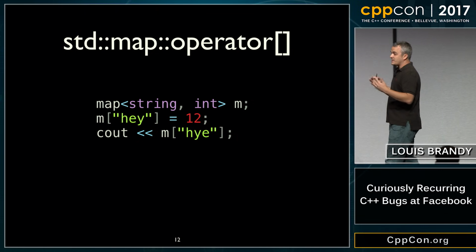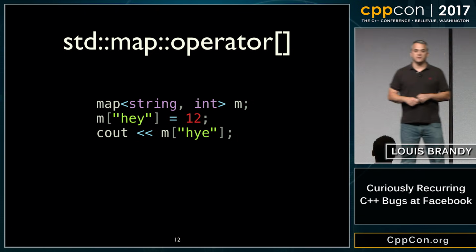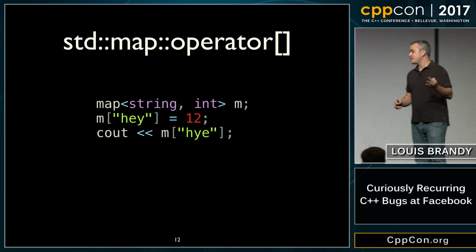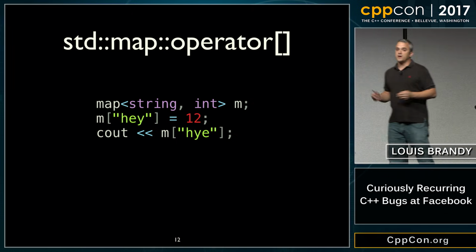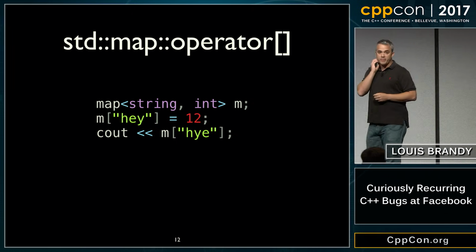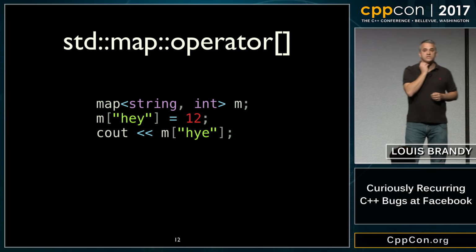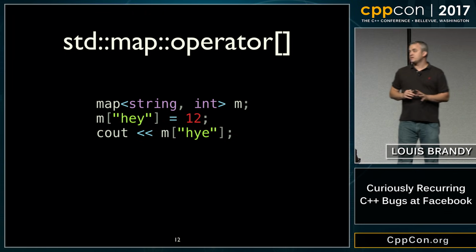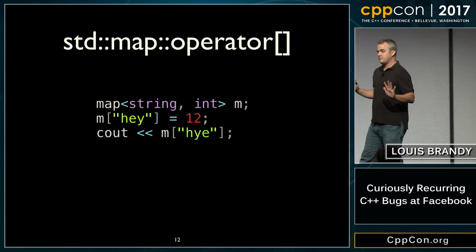The actual answer was like no higher than 3rd on their list. This doesn't crash. This doesn't print out uninitialized memory. This doesn't throw an exception. What this does is print out 0. And it actually inserts something in the map. So the size of the map at the end of this is 2. Okay? If you don't think that's weird, you've been doing C++ for a really long time.